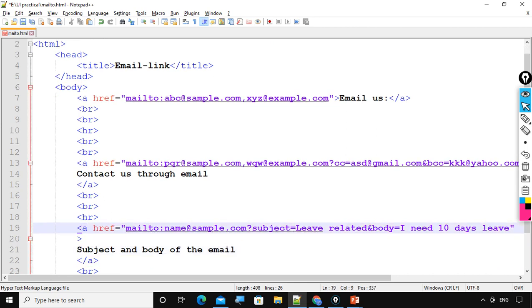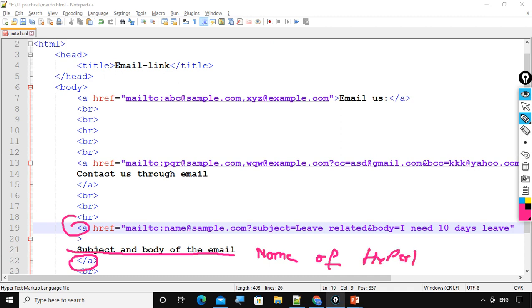So let me explain the code properly. Again, what do we have? We have opening anchor tag, we have closing anchor tag, and descriptor, nothing but name of the link, name of hyperlink, okay.